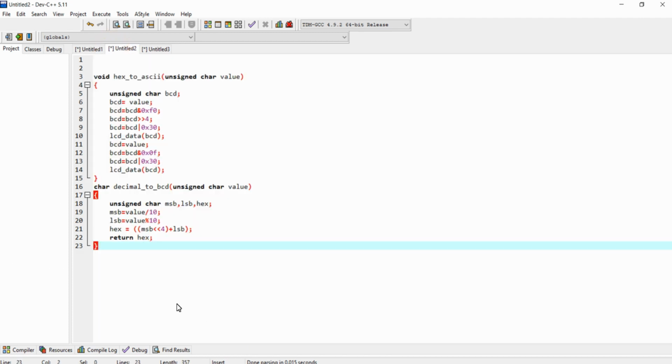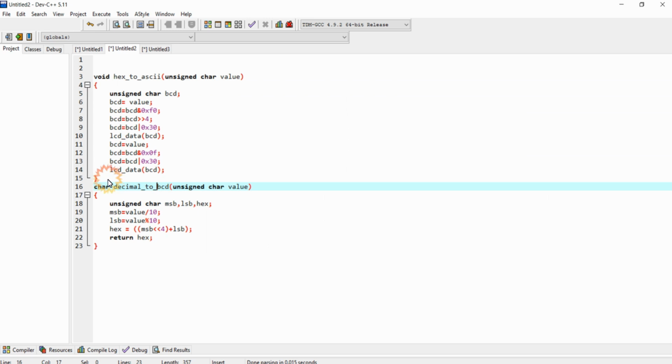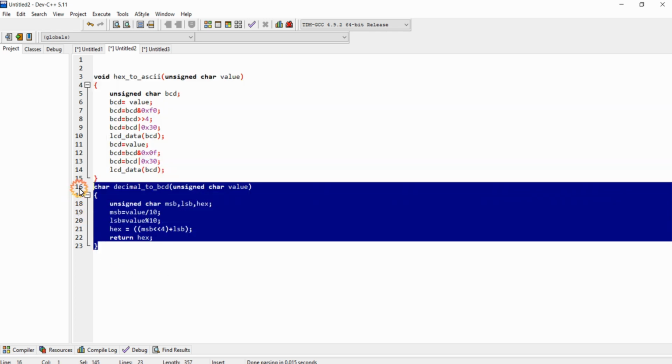And in another lecture we just saw these two functions. So this function, hex to ASCII, is used for printing the data that we are receiving from the EEPROM to the LCD, and this function is used for converting the decimal data from our program to hexadecimal before transferring the data to the EEPROM.